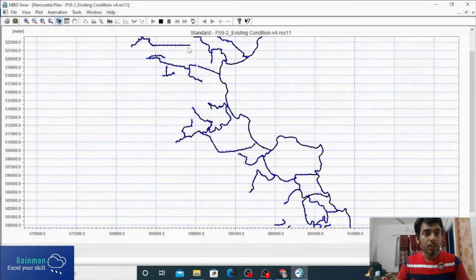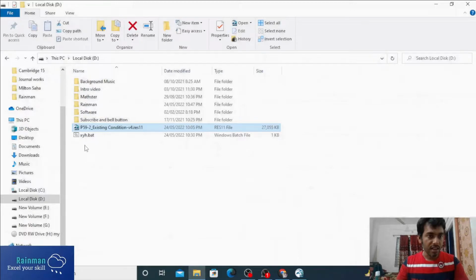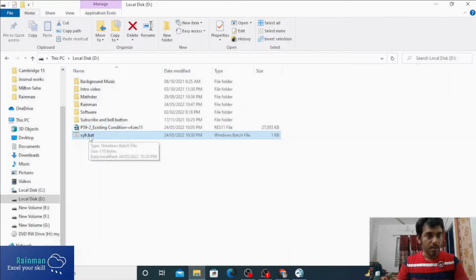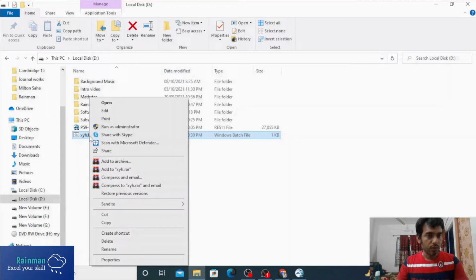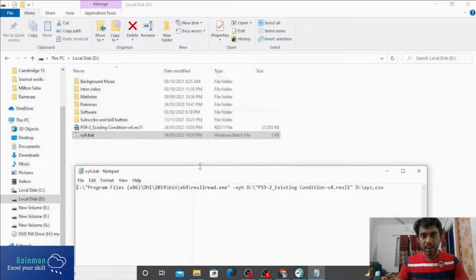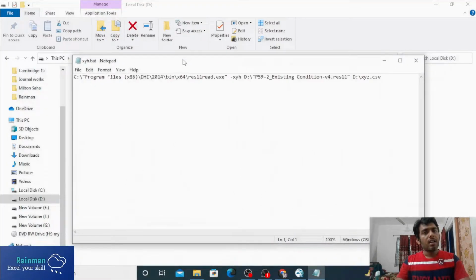So now we want to extract these coordinates from this result file. All you need is a batch file. Let me show you the batch file. This is our XYH batch file. If you want to see what is inside a batch file, just right click and click on edit. You have to modify it according to your